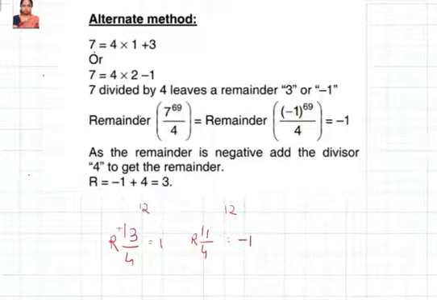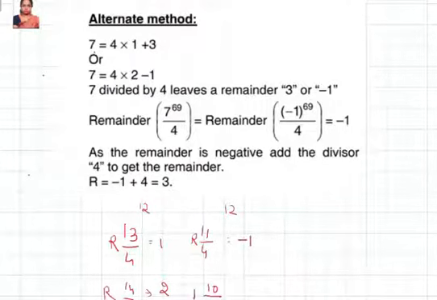Suppose you have 2 more than that. Like 14, if you have 14 by 4, you know the remainder is going to be 2. And now you come here for 10. 10 by 4. I'm just giving a small number so that understanding becomes easier. So 10 by 4, when you go, you know that it is 2 less than 12. Therefore, it's going to be minus 2.